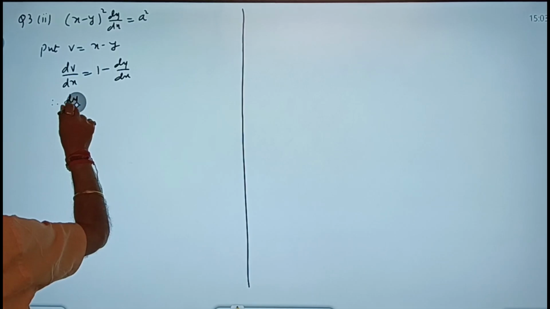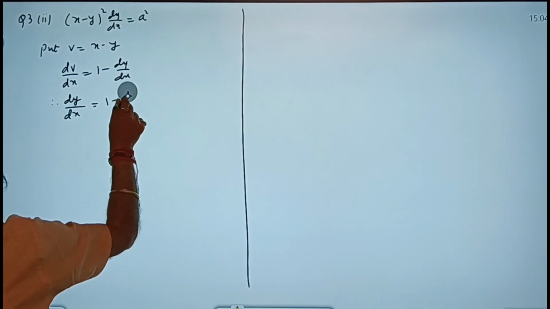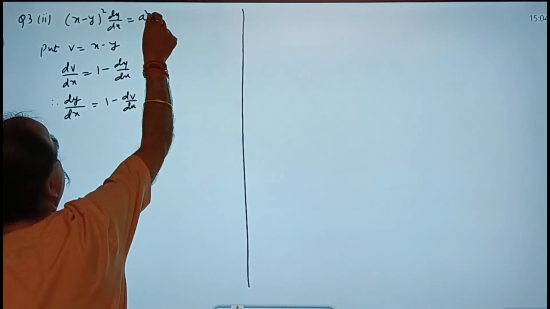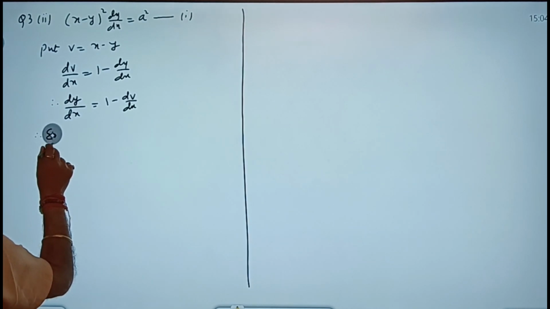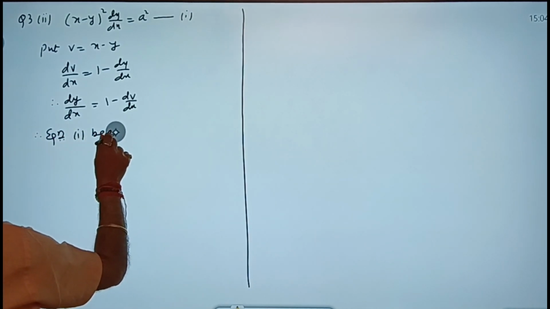So dy by dx is what? 1 minus dv by dx. Therefore, equation 1 becomes